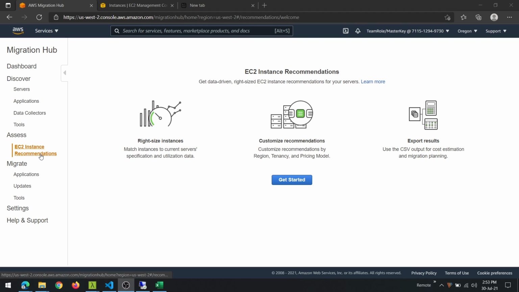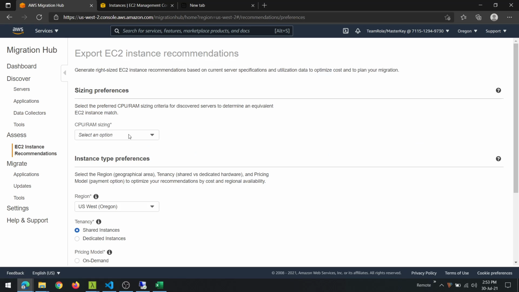The next thing you can do is come to EC2 instance recommendations and get started. Here, based on your preferences of how you want to target the EC2 instance size for each of your servers, the ADS tool data can help you come up with instance recommendations.